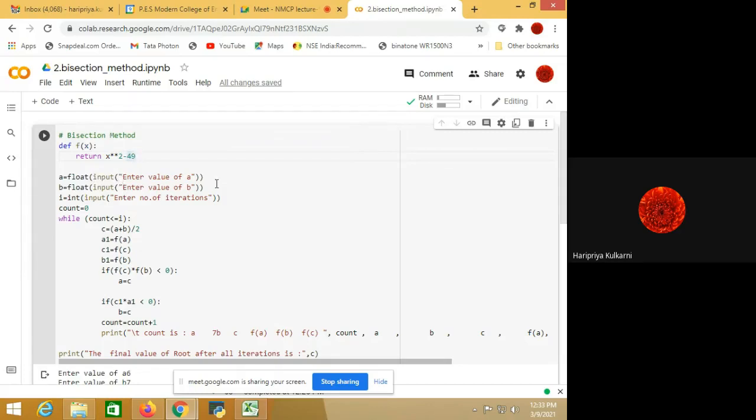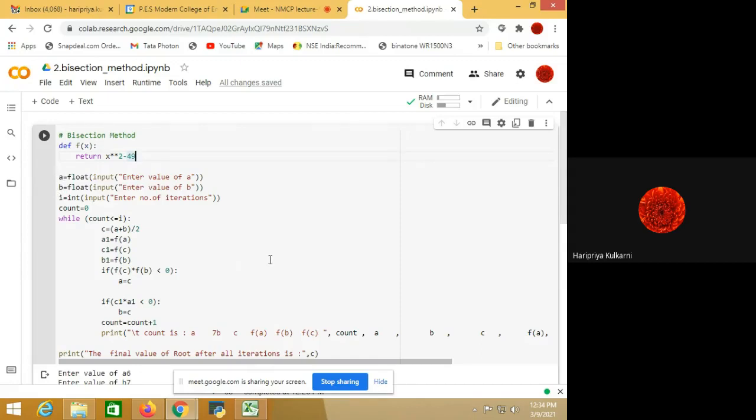Whatever you write inside the double quote will be printed on the screen. So I'm saying enter the value of a. It will be printed on screen and the user will enter the value of a. That value will be put into the left hand side of the equal to operator, which is a. So the variable names I'm using are a and b for initial approximation. The same command I am doing with Control C, Control V, copy and paste. Only I change it to b, which is the next approximation, because initial a and b are the variables or approximate values that we take from the user.